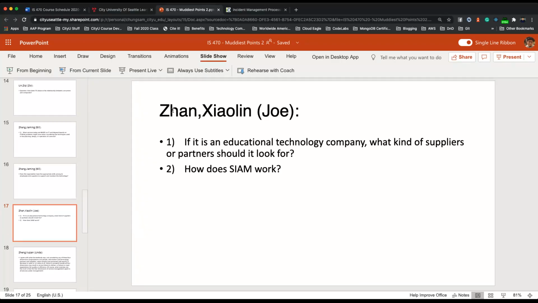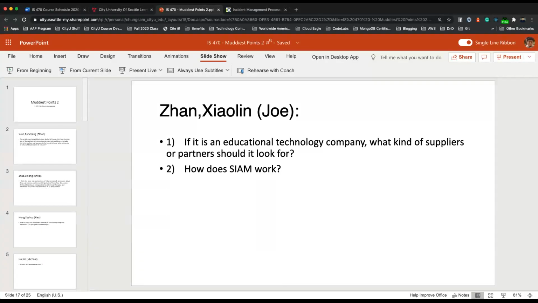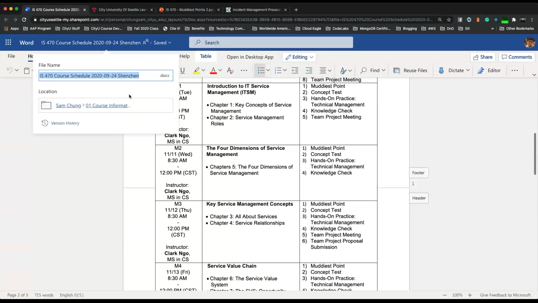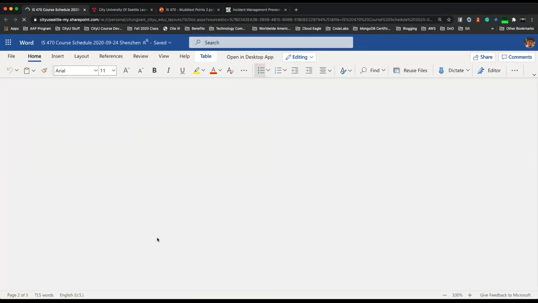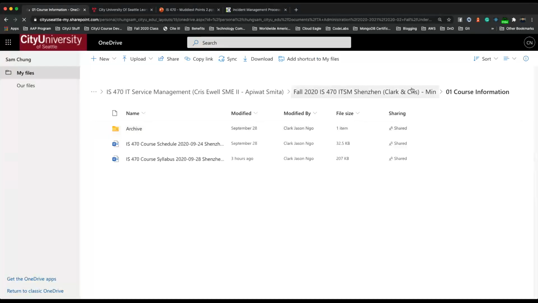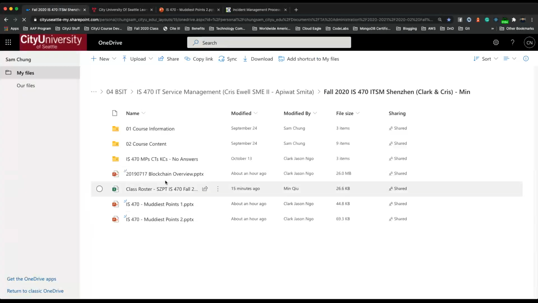And that's the end for the muddiest point. Let's see, time check. So we'll be doing a concept test. And I did say we're going to discuss blockchain. Hold on, going back, I did upload it here.